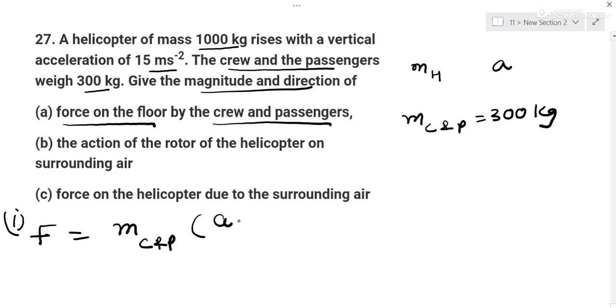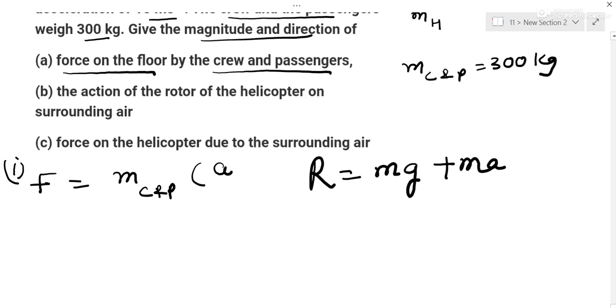See, it is the same as the case of an elevator, the way we do. It is going up, the helicopter is rising. So apparent weight, same way, simple. Like we say, R is equal to, when we go up, then weight is increased by this factor. In the case of an elevator, the apparent weight is given as weight plus ma. Same way you can say here.